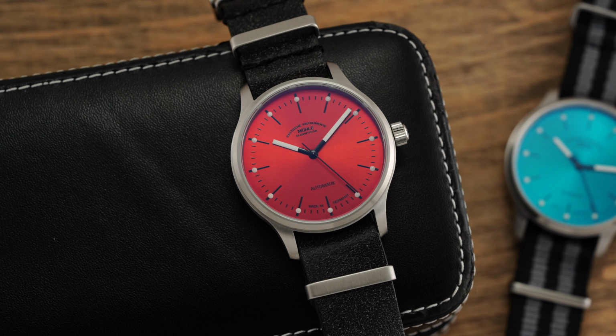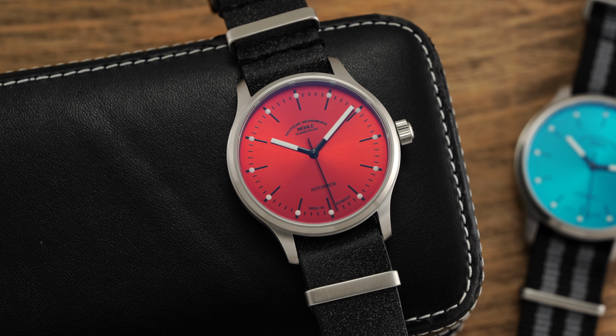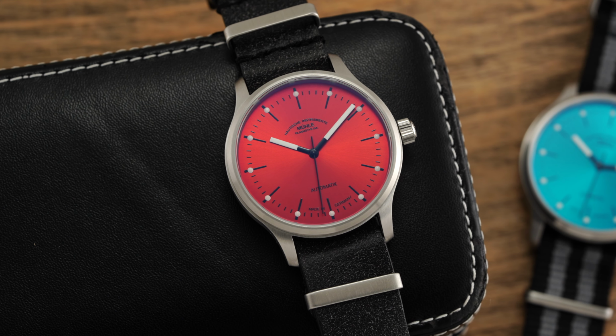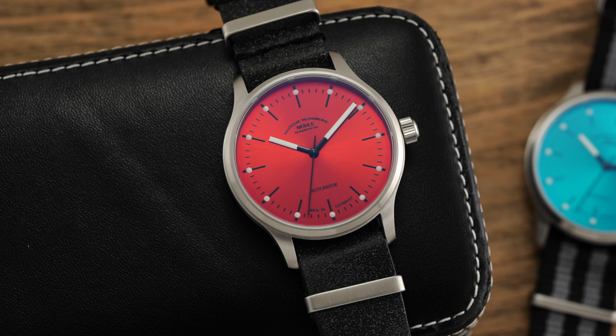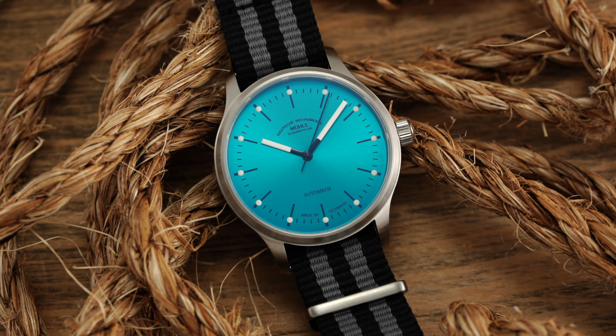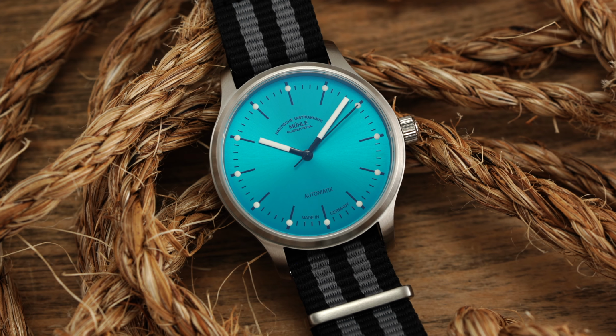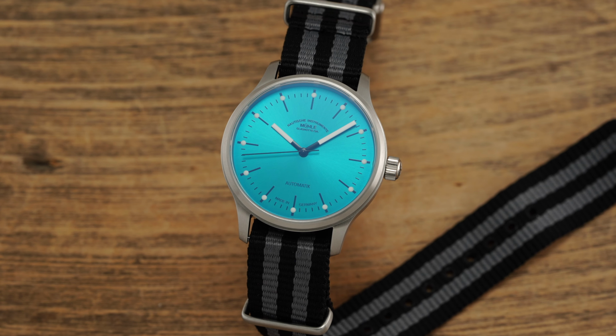watches offer. You're getting 100 meters of water resistance, a wearable case, pretty slim at 10.4 millimeters, and then also getting a movement that's going to be as reliable as you're going to come by, with also some proprietary elements within that movement for $1,000. It's a pretty compelling package, and although it's not going to be for everybody, especially these color variations, they do